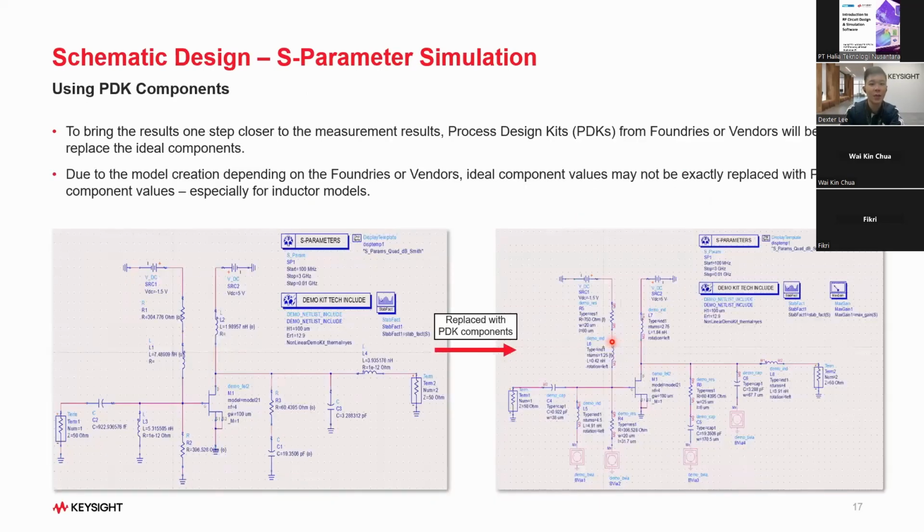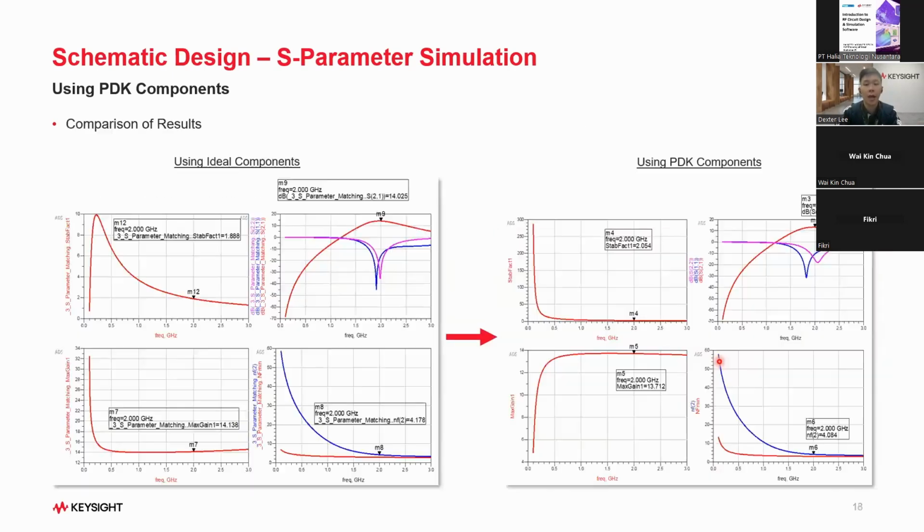And the next step is to really use the design kits from the foundries or vendors. That is the end goal. So for the stability and impedance matching, we are initially using lumped components, ideal lumped components, but in actual case, we need to use the foundry's PDK. All right. So unfortunately, I don't think there's a quick way. So what I did was just replacing those components manually and create this design here